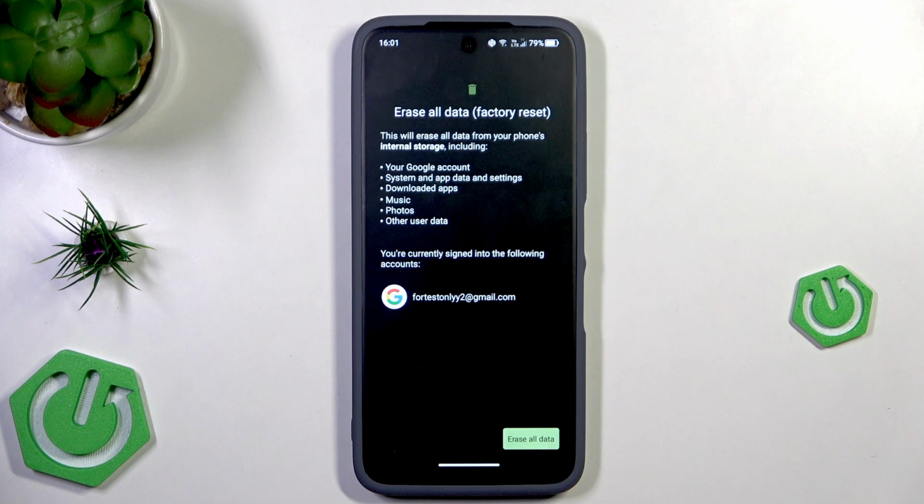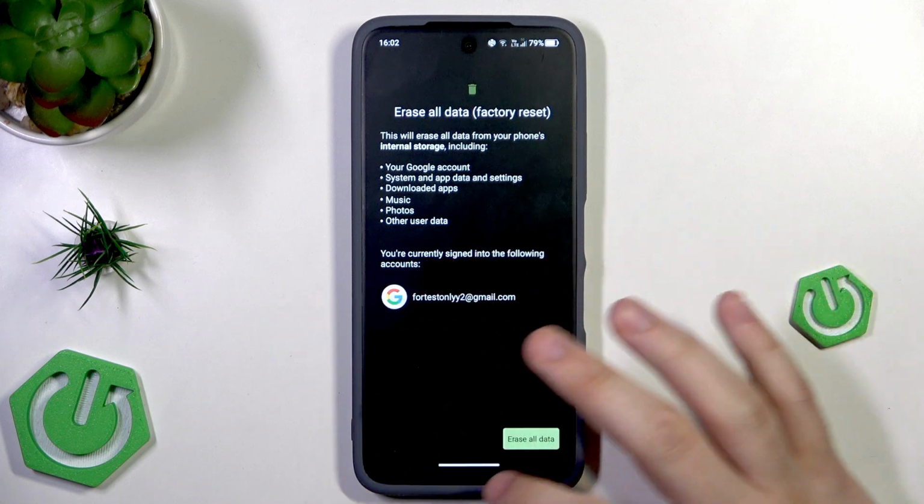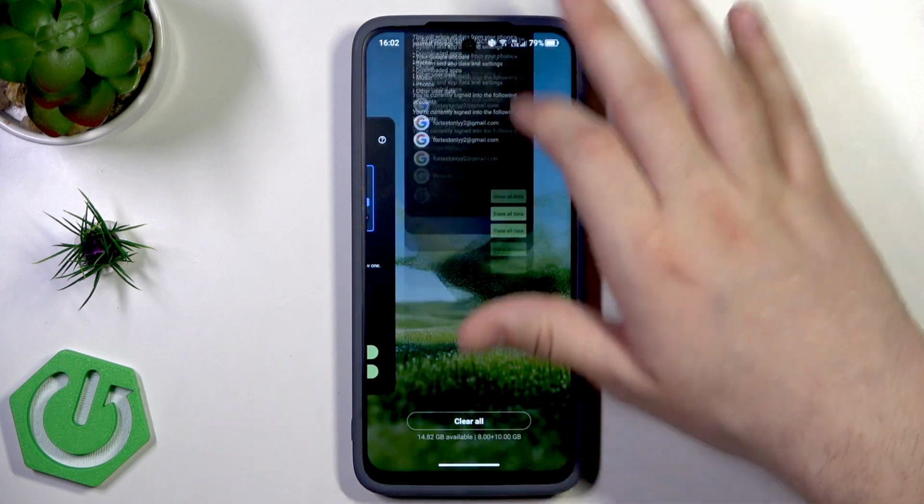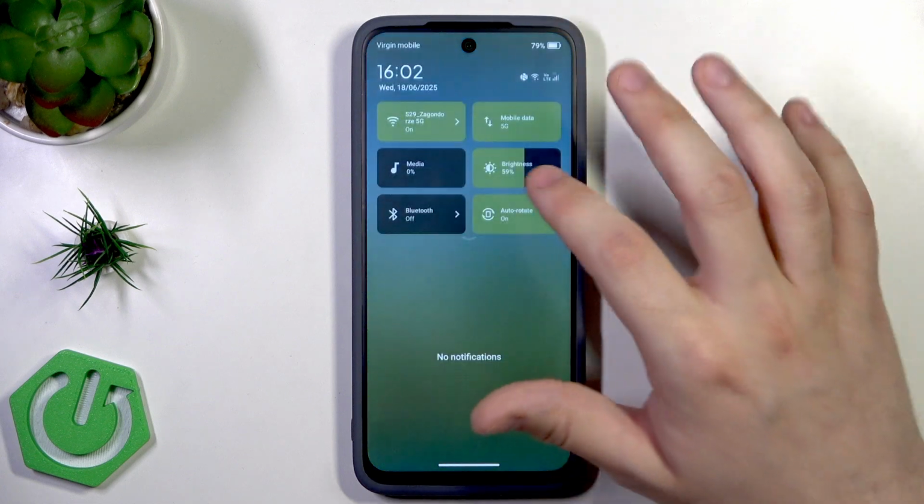Also, if you want, you can create a backup before the reset, so thanks to that you will be able to restore your data later. On our channel there's a video also how to create such a backup. Okay, so then click on erase all data, but now let me show you how to reset through the recovery